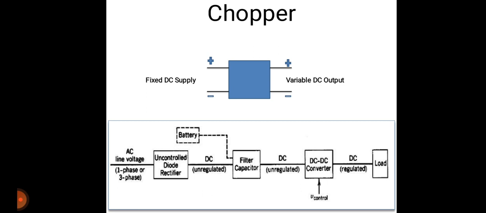From AC supply systems, variable DC output voltage can be obtained through the use of phase controlled converters, as we discussed in the previous chapter, or motor generator sets. The conversion of fixed DC voltage to an adjustable DC output voltage through the use of semiconductor devices can be carried out by the use of two types of DC to DC converters.